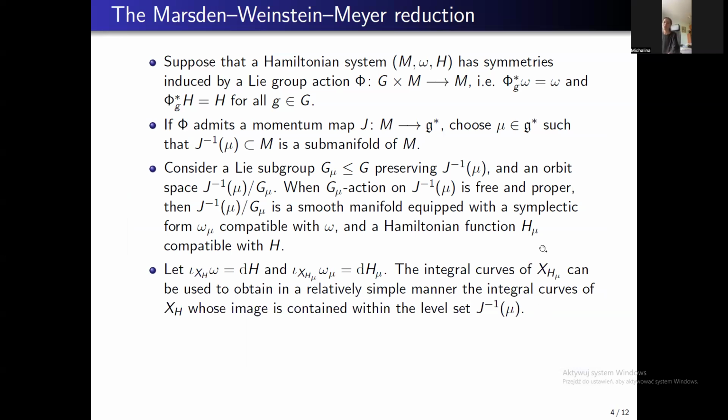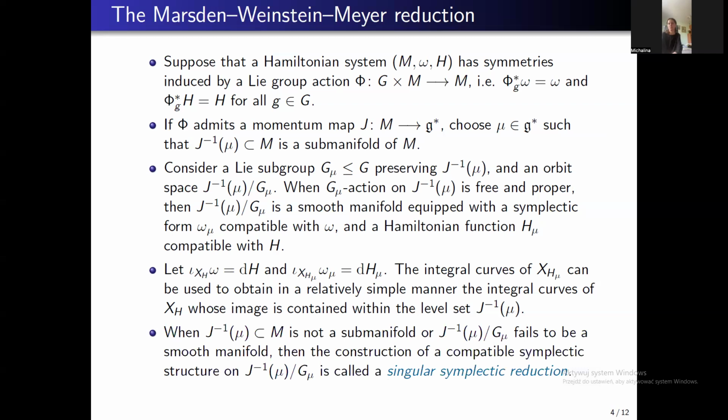That is what we are interested in when we are dealing with mechanical systems and their evolution. However, when this level set is not a submanifold, or such a quotient fails to be a smooth manifold, then this construction of a compatible symplectic structure on this quotient is singular, and then what becomes useful is the theory